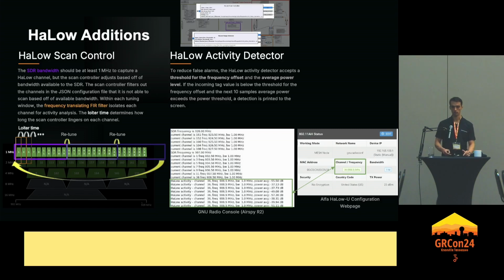So on the actual Halo channel, you typically saw higher power than you would on adjacent channels. What you see pictured at the bottom there is a successful test where the Halo scanner was moving through the different channels, and on the channel where my devices were already pre-programmed, it was receiving packets. For the time being, I was just outputting to the GNU Radio serial console, so I was just getting a detection alert every time I detected a packet. So that was good news.